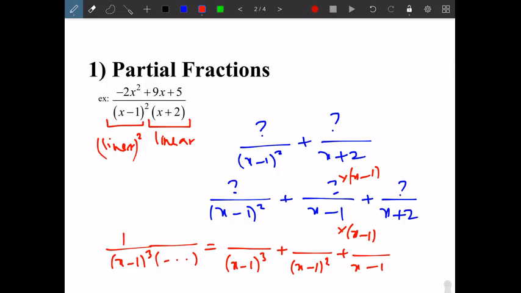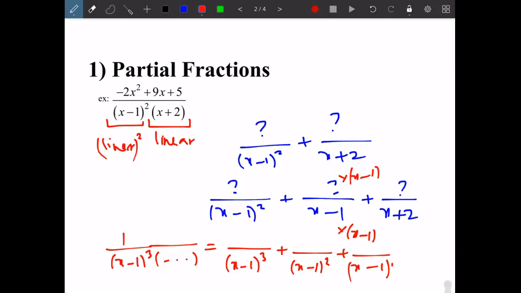So all the way to, sorry, I previously said all the way to 0. It's all the way to 1, okay? Because x minus 1 to the 0 is a constant. So if you have it to the power of 4, then the first partial fraction would be (x minus 1) to the 4, the second one (x minus 1) cubed, the third one (x minus 1) squared, and the last one x minus 1,